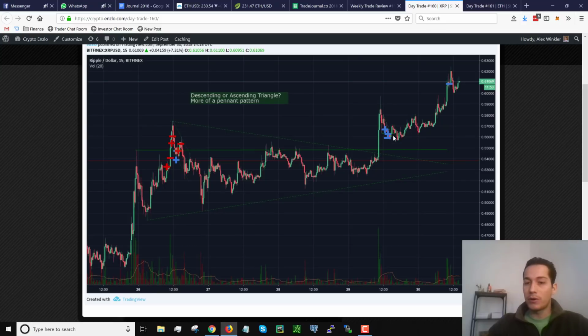next trade. Although I did get, I would say, a little emotional and start my entry to the next trade a bit too early. I should have waited till it retested this level. Although it's always easier said than done in hindsight. Anyway, the second trade is this plus right here, and this is trade 160, and what happened was exactly like